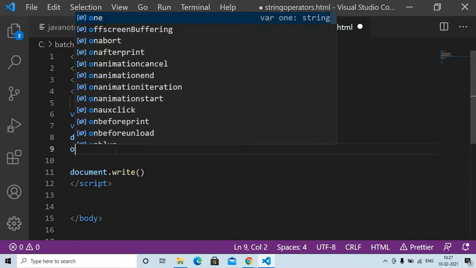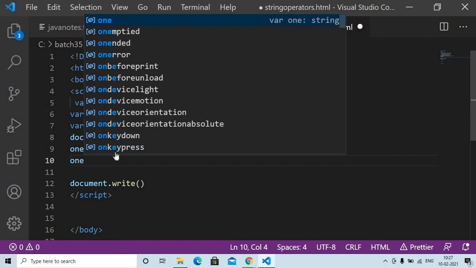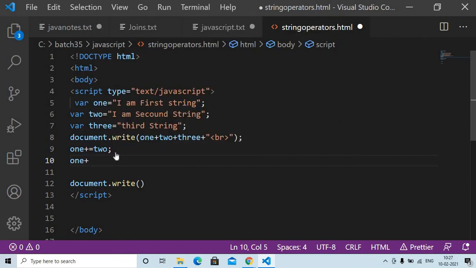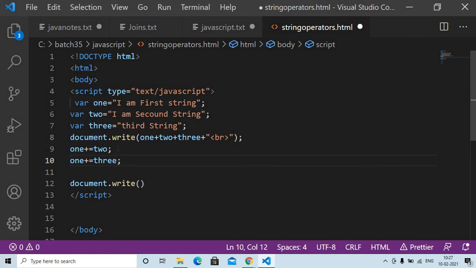Okay, so 1 plus is equal to 2. Okay, so it adds I am first string and second string. Again I am adding 1 plus is equal to 3.